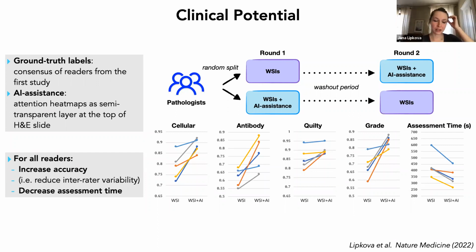So we wanted to take care of this, and we don't tell the pathologists the predictions from the model. We just give them the attention heat maps for the corresponding task. Because exactly, I was worried if we tell them this is cellular rejection, they would all just not search for it. So it's only the attention heat maps, and the motivation is that it forces all the pathologists to look at the same predictive regions. And that's the only assistance that we did.